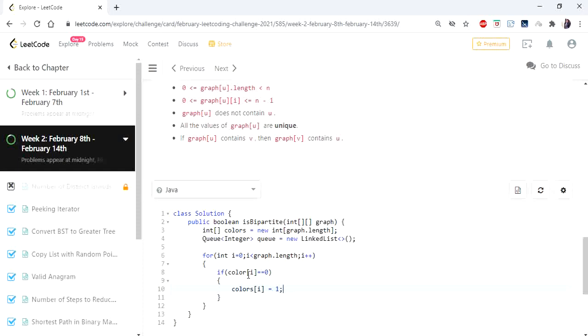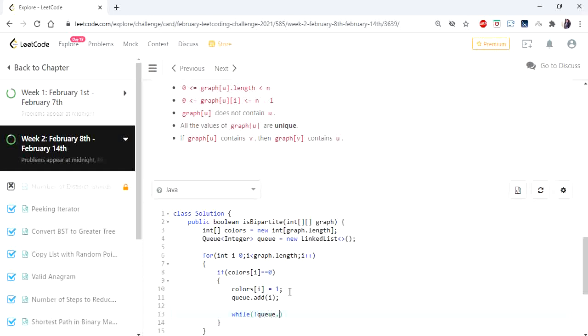So I'm assigning 1. And I'm adding that to my queue. So we are going to poll the elements from queue and traverse its neighbors.